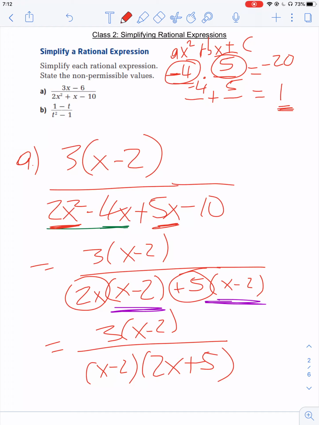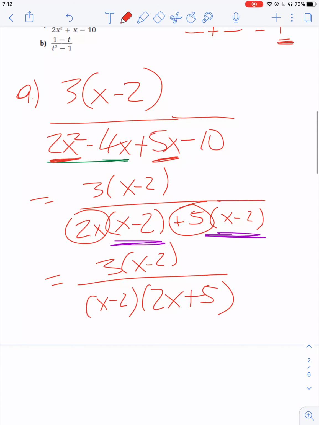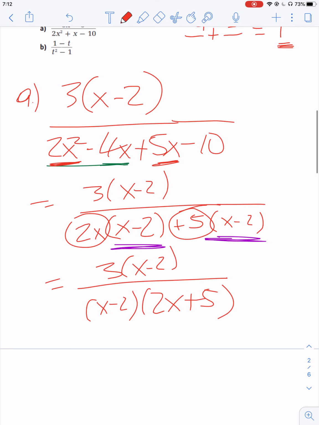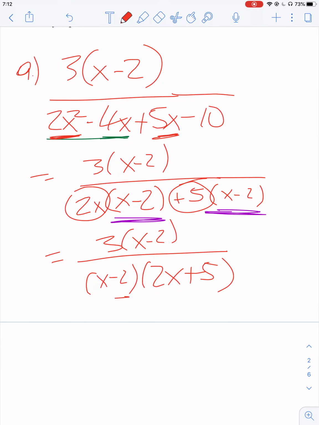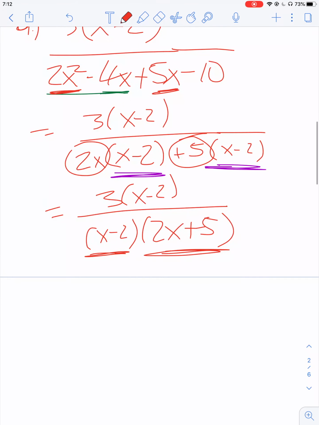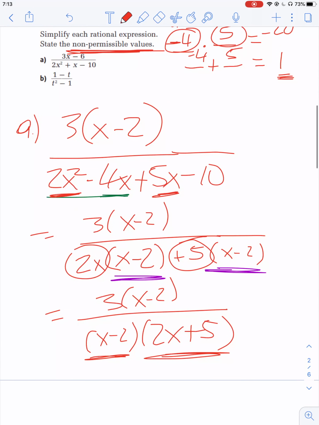Now, once you factor everything completely, because this is asking you to simplify, but it's also asking you to state the non-permissible values, right? So once you factor everything completely, before you simplify, state the restrictions, okay? So based on what I have in the denominator, by looking at this, before simplifying, because if you simplify, you're gonna exclude one of your restrictions, okay? So that means my restrictions are